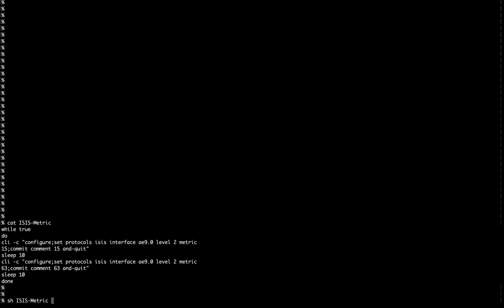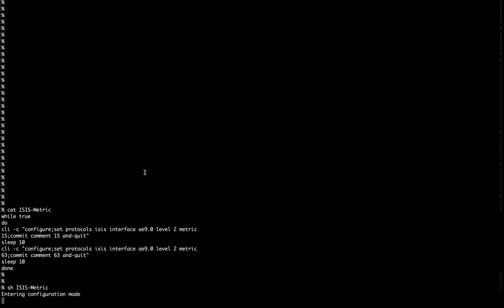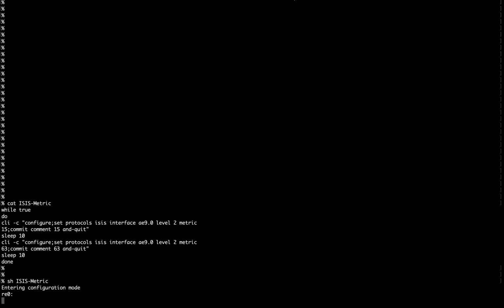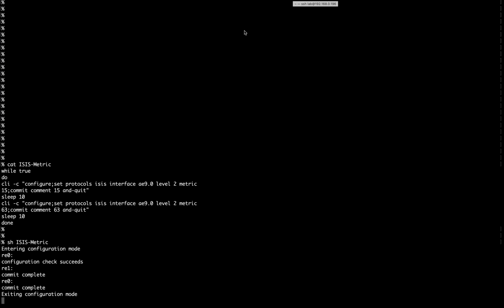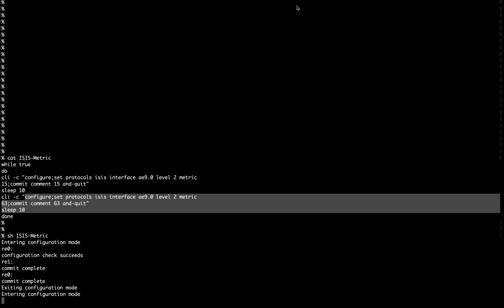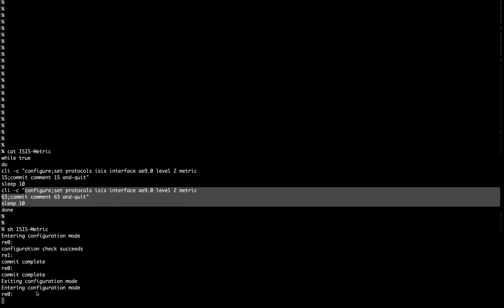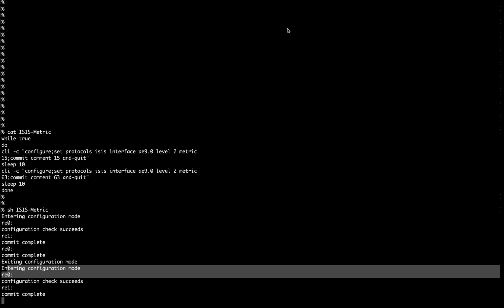So I'm invoking the shell script using sh. As soon as I invoke it, you can see it going into the configuration mode, committing the changes, exiting out of the configuration mode. Then it will again wait for the 10 seconds period, and then it'll again go back into the configuration mode to do the changes. As you can see, it exited, now entering, and it's just performing the constant churn of